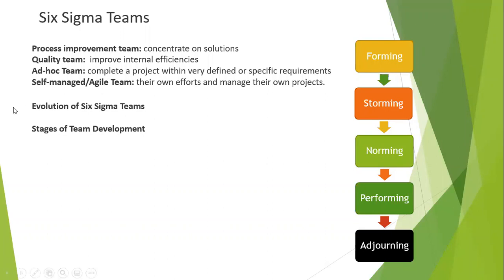Okay, so the evaluation of the Six Sigma team. We will identify all the team members who are going to be involved in these kinds of processes, and then whenever you form a team, you have to understand the stages of this particular team. Each team will have its own phase, right? For example, in the storming phase, if you come back and see why the team is not working closely, that is because it is a stage of the team. They have to come out of the storming phase. Till that time there will be a misconception and problems within the team. So as leads, you should understand the stages of team building.